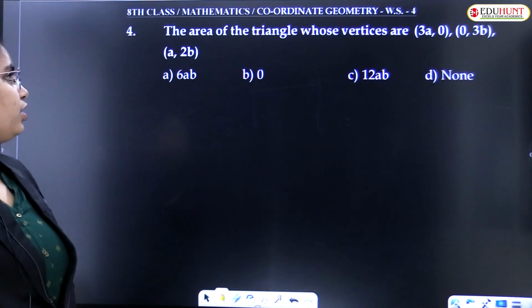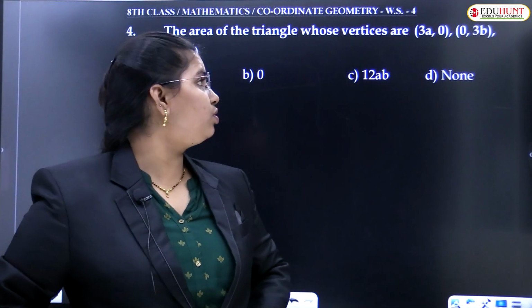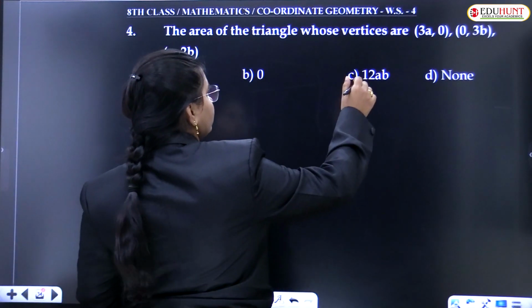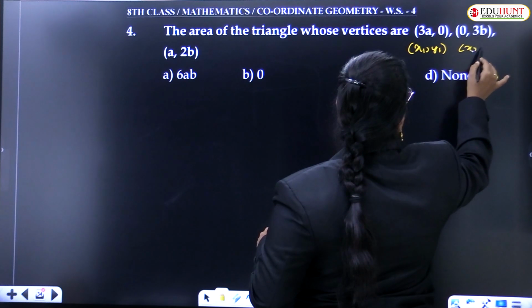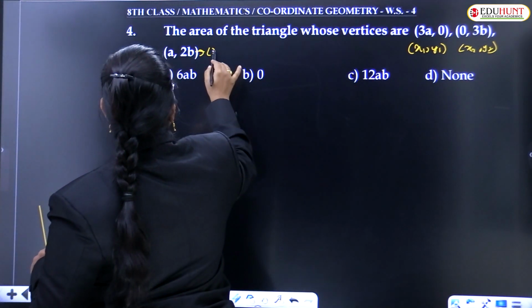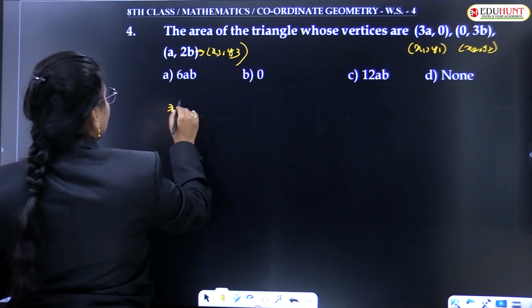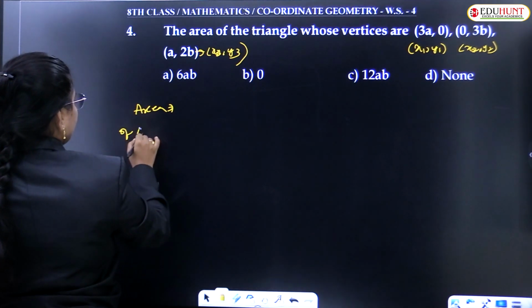See, the area of the triangle whose vertices are 3a comma 0, 0 comma 3b, a comma 2b. So what are the points here? x1 comma y1, x2 comma y2. Next, this is x3 comma y3. And what is the area of triangle formula? Area of triangle